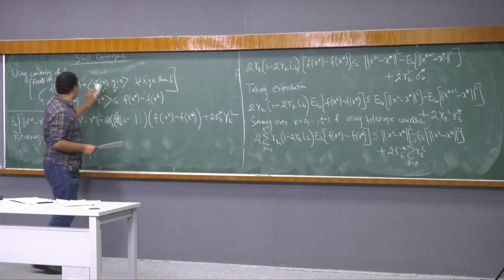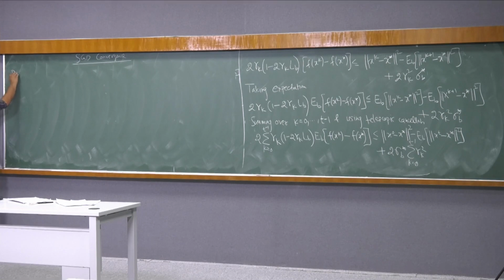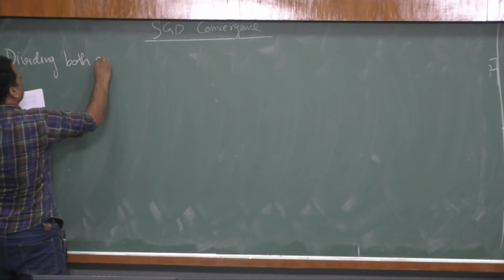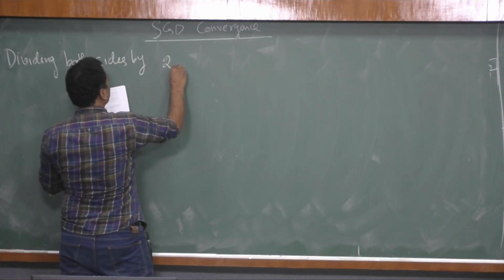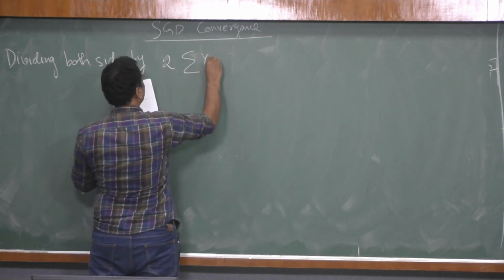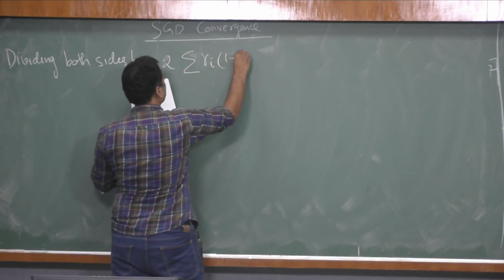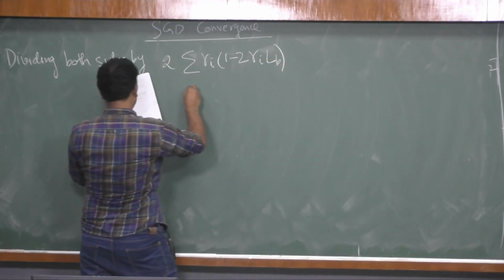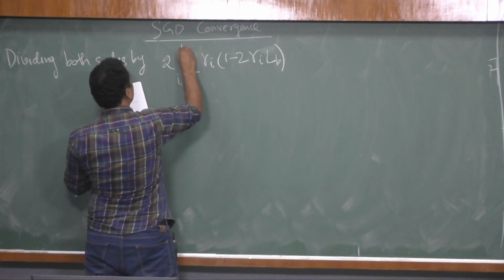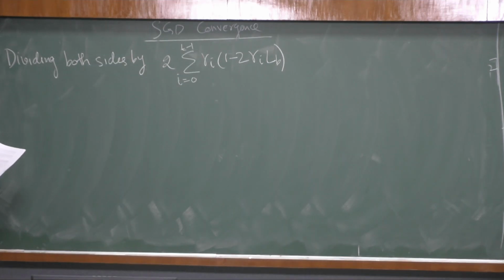First we divide by this, dividing both sides by 2 sum gamma_i (1 minus 2 gamma_i L_B), i equals 0 to t minus 1. If we do that, then we are left with